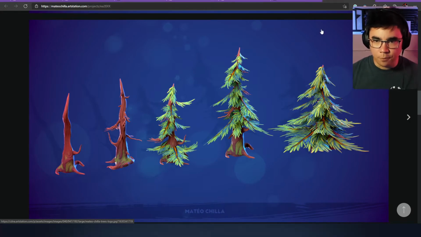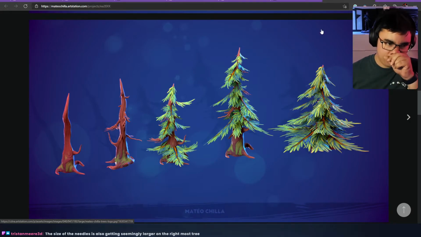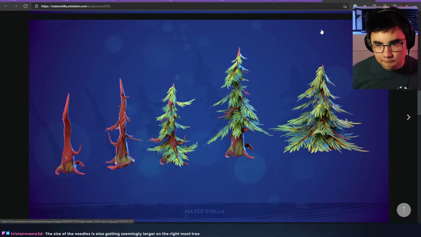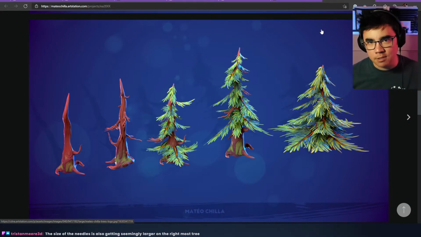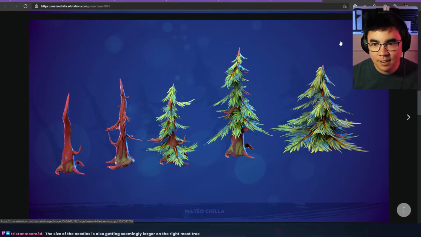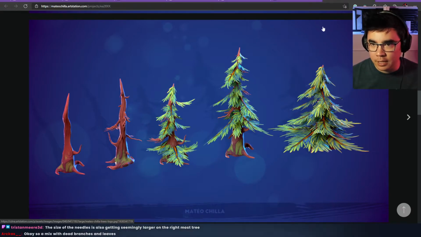So you want a full, maybe not happy tree, but a tree who's seen some stuff. You know what I mean? And the top of it can, I mean, it can be all the way up here, but it needs to be like,